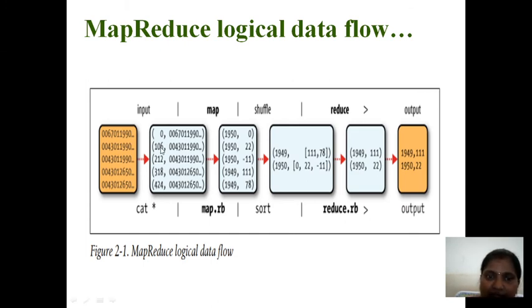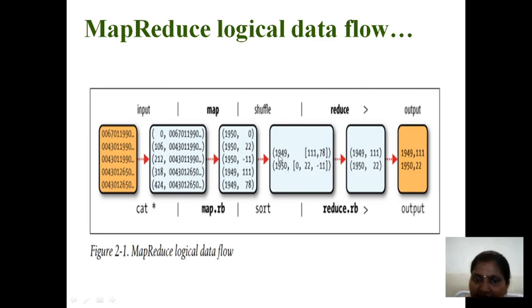Okay, so from that I am going to give some input, and the record reader has given some output. So this is the address of these records. From that record the mapper task is to find out the year and the temperature. Okay, I got some years and temperatures. I am going to shuffle because I have three 1950s and two 1949s, right. All 1949 values should be at one place, and all 1950 values should be at one place.